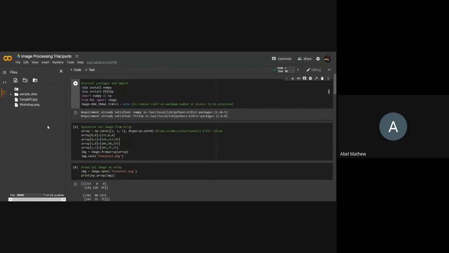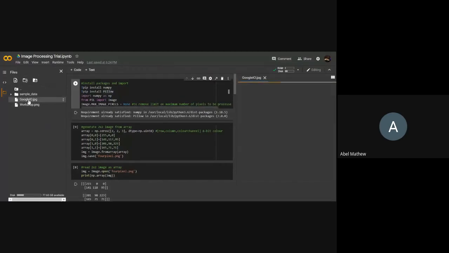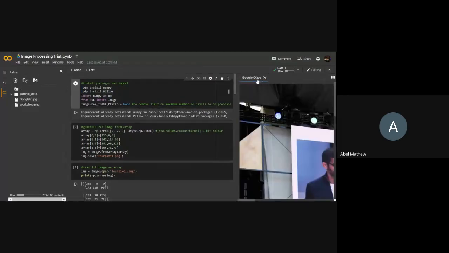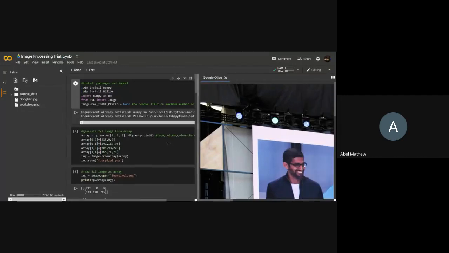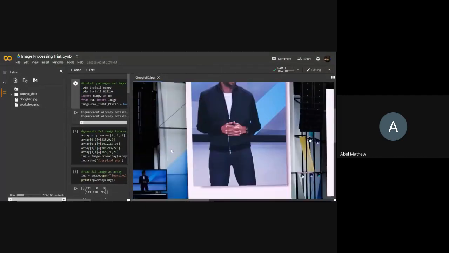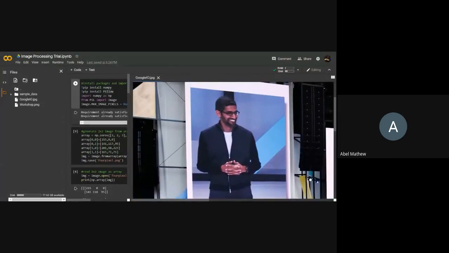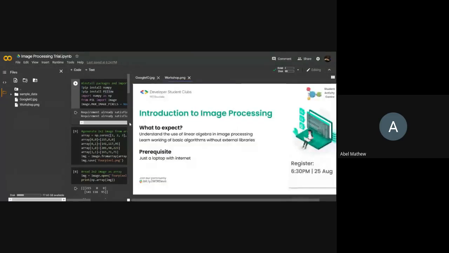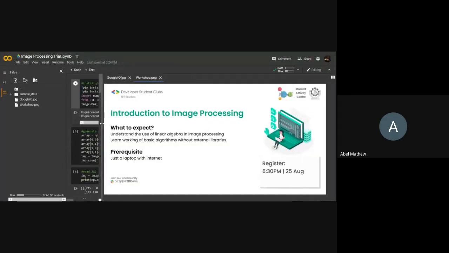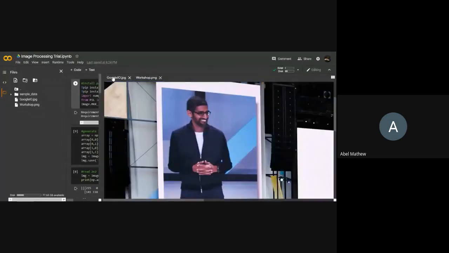Images should be uploaded. I'll show what the images are. First is a JPEG image of Sundar Pichai at Google I/O 2019. Did not happen in 2020 because of COVID. And we have the poster of this workshop. One is a PNG image, one is a JPEG image.